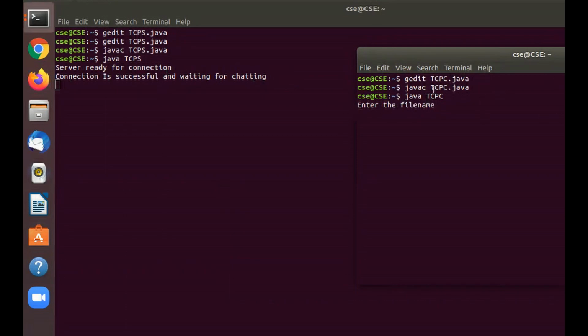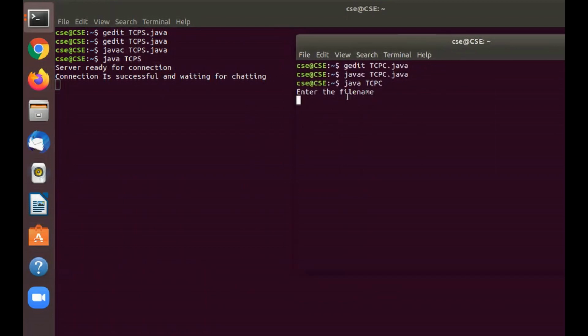That means the connection is established. So the client is asking to enter the file name. Before that, let me save one file in this system, so that I can give the same file name and verify whether it is giving me the right content. So it's asking for a file name. Before that, I'll save one file.